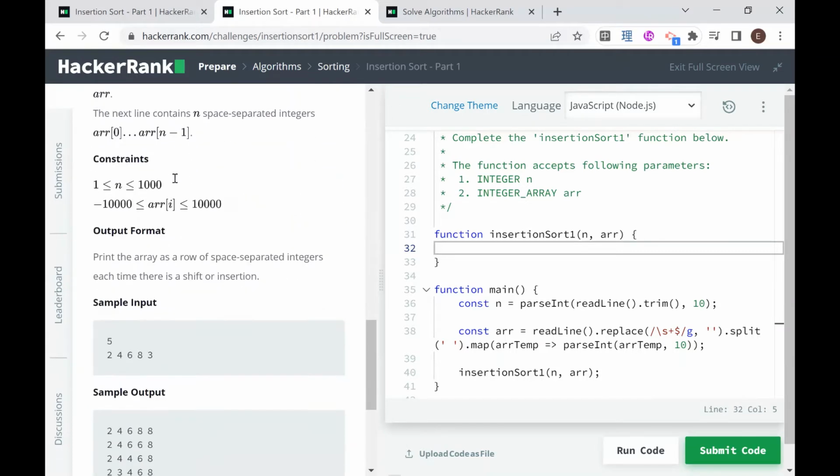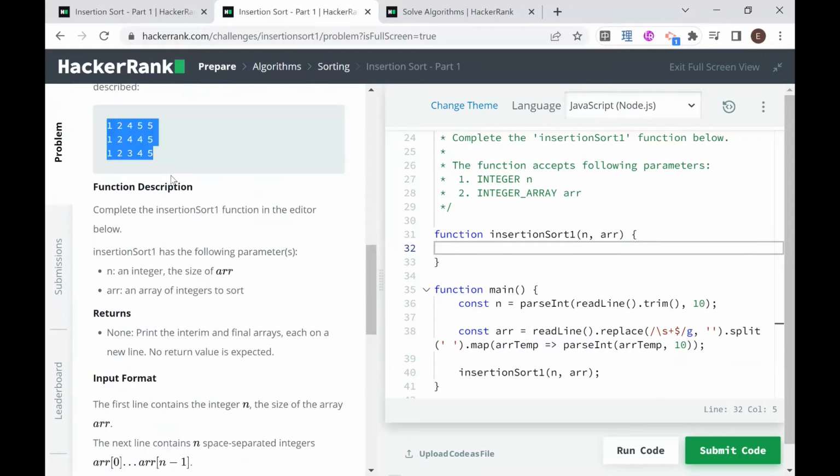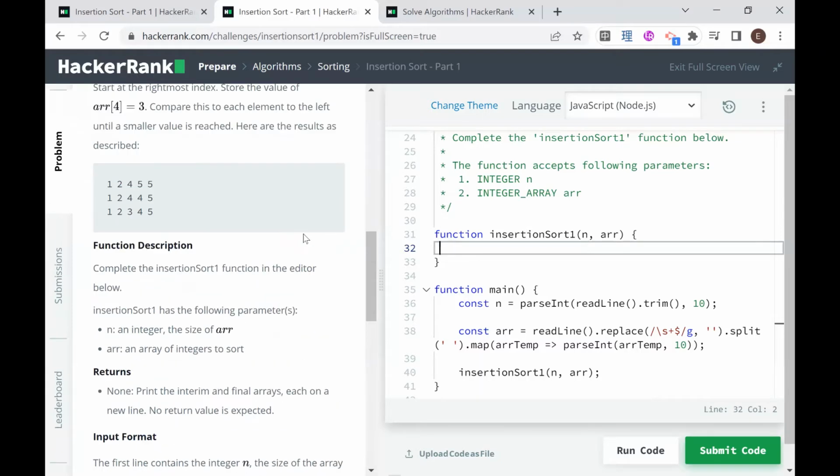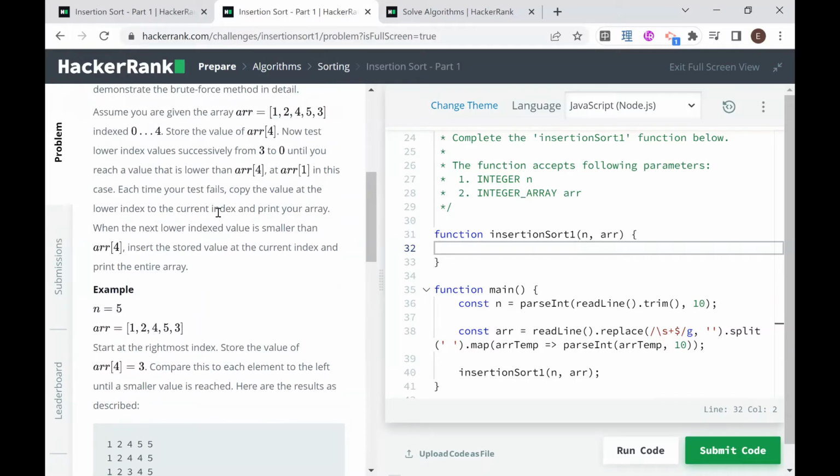Now I think we have enough information to really get started on the problem. So let's take a look here at our function, and let's really do this in a step-by-step manner and break down the problem. So the first thing that we were told to do is to store the value of the last item in the array. So before we do that,